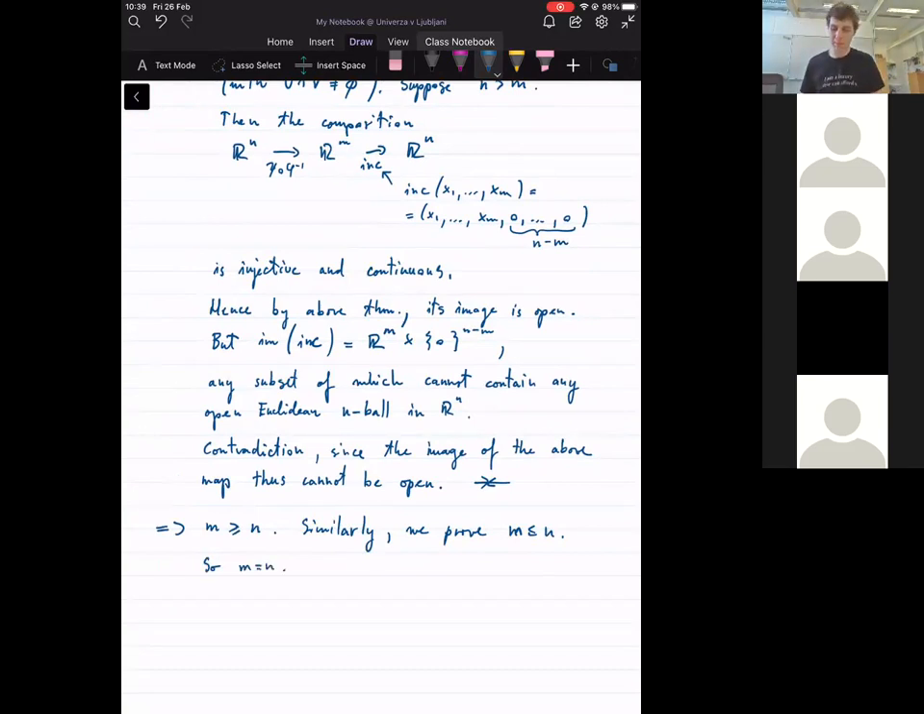Okay, so this is maybe something that may seem obvious, right? Of course, one would be inclined to think that the codomain of the chart must always have the same dimension, right? It must always be the Euclidean space of the same dimension, but this now here is a rigorous proof that this is so. Okay,